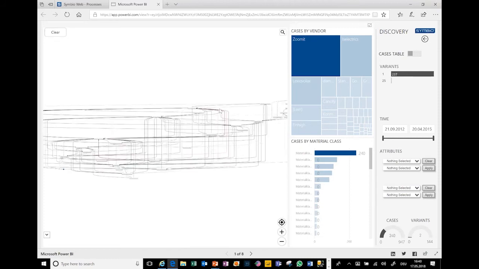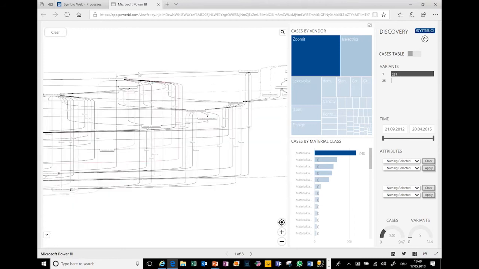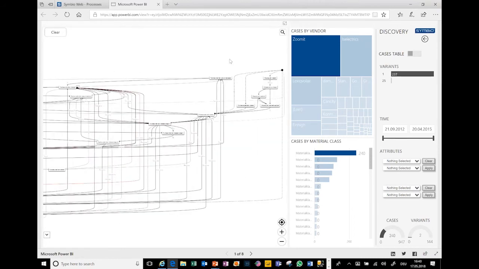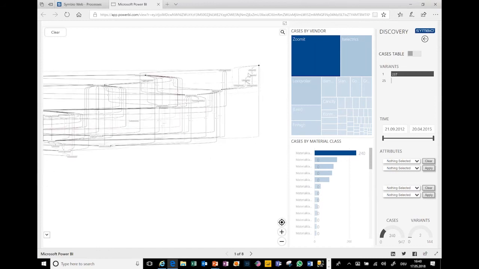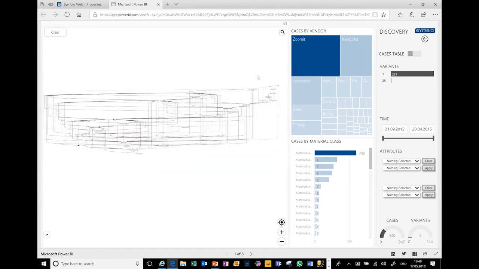You won't really identify anything specific, but just to give you the idea that this is, in this example, the current process, the purchase to pay process, how it looks like in this specific application at a demo customer, for example, but the complexity you will find anywhere. And on the right hand side, for example, you have some further attributes that you could also use. And for example, you could choose a specific material class to do some kind of further